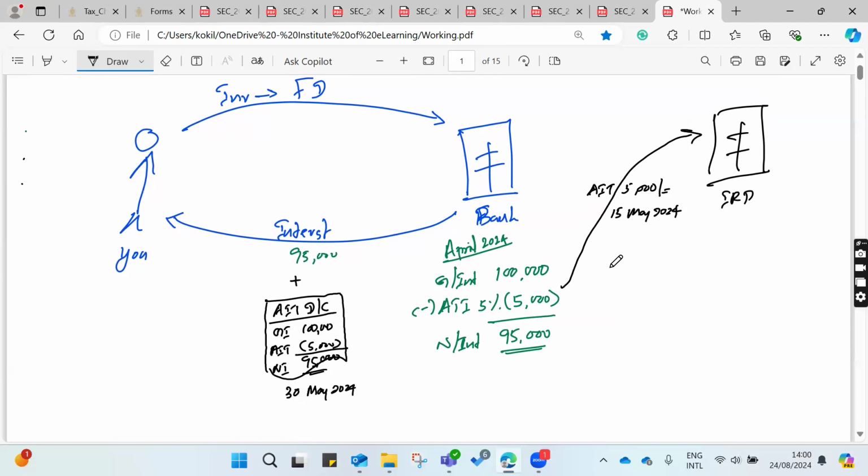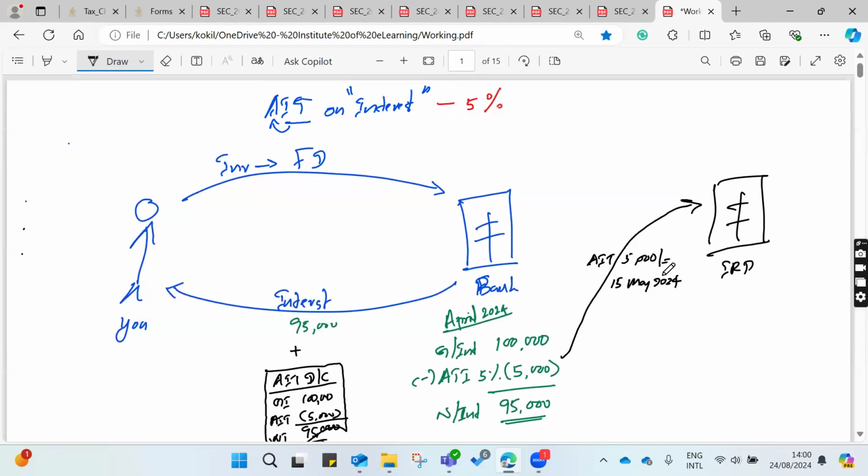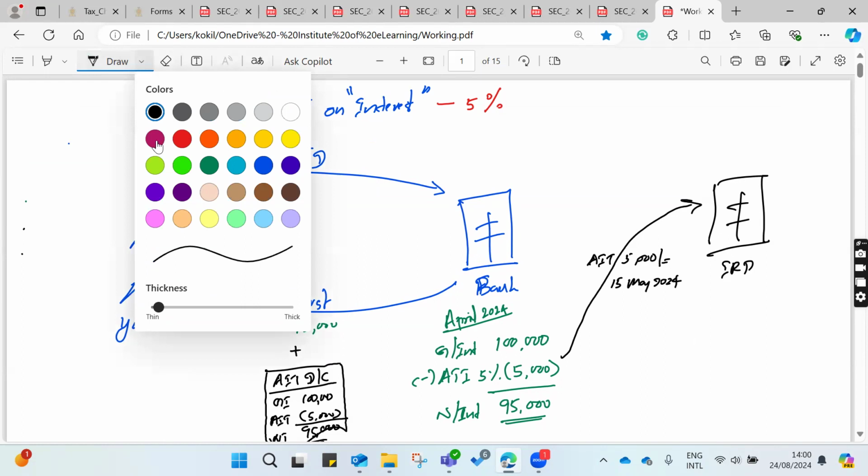This is required. You can't keep it in your accounts and enjoy it. The bank needs to remit it to the Inland Revenue Department. At the same time, what else do banks or financial institutions have to do? They need to prepare another document,